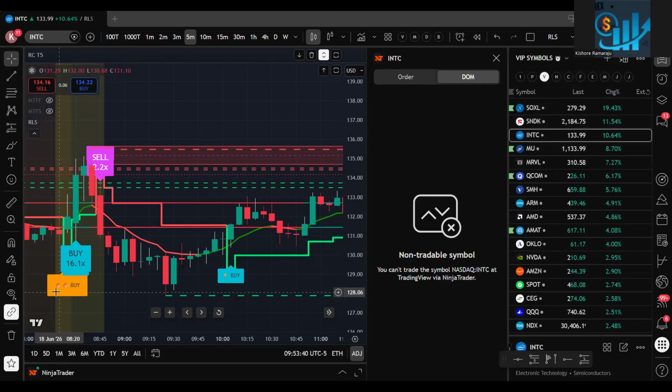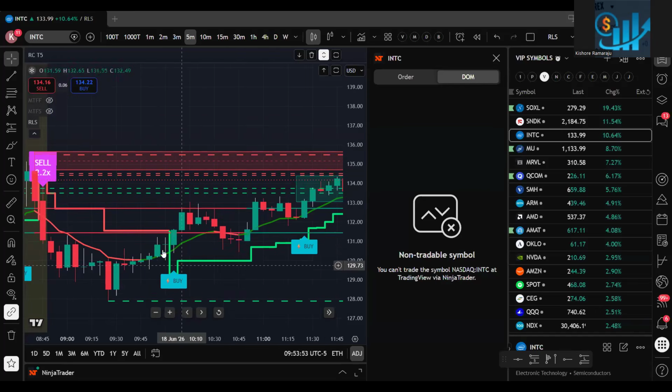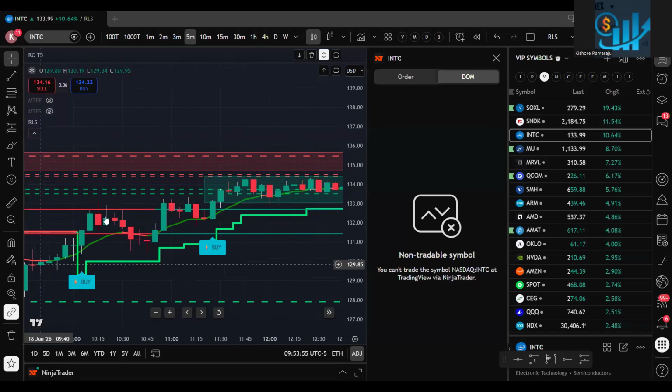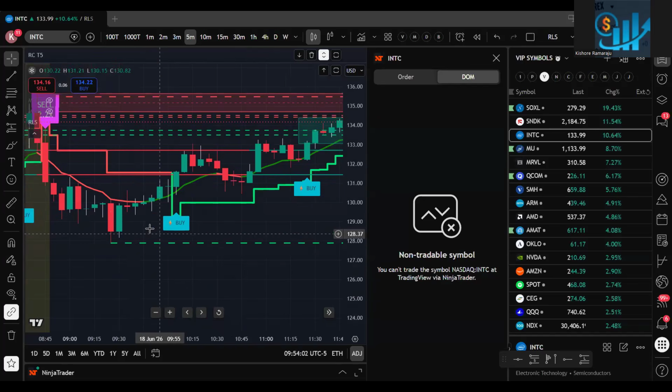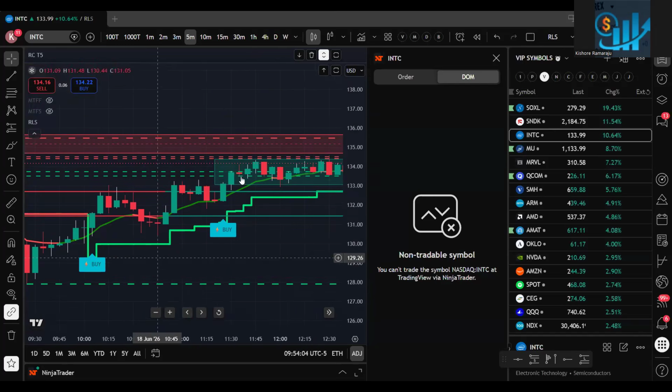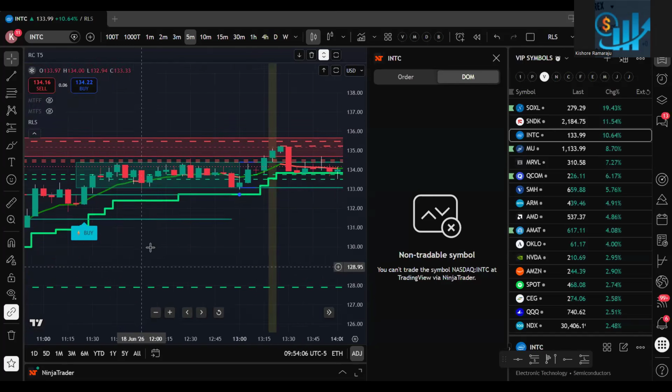So it went all the way high. It is difficult to catch in the morning because whenever you get this signal, the volumes are so high, so you are buying close to the resistance. So we got a pullback, and then we got a buy signal. This is where we got the 130 call. Then price went again all the way to 135. In the morning it went to 135, came down to that 128, and then we got 130, 132 calls. Then it went again to 130. So it was consolidating, and we booked a profit somewhere here.